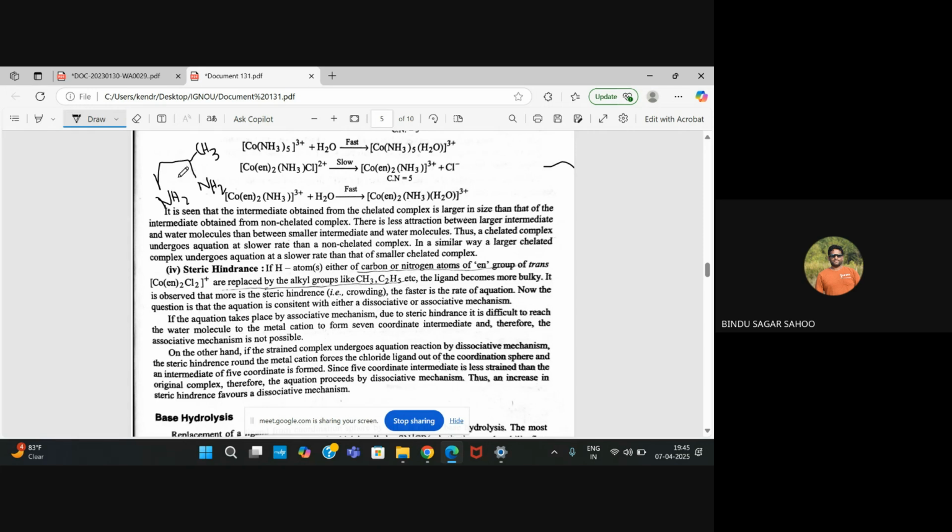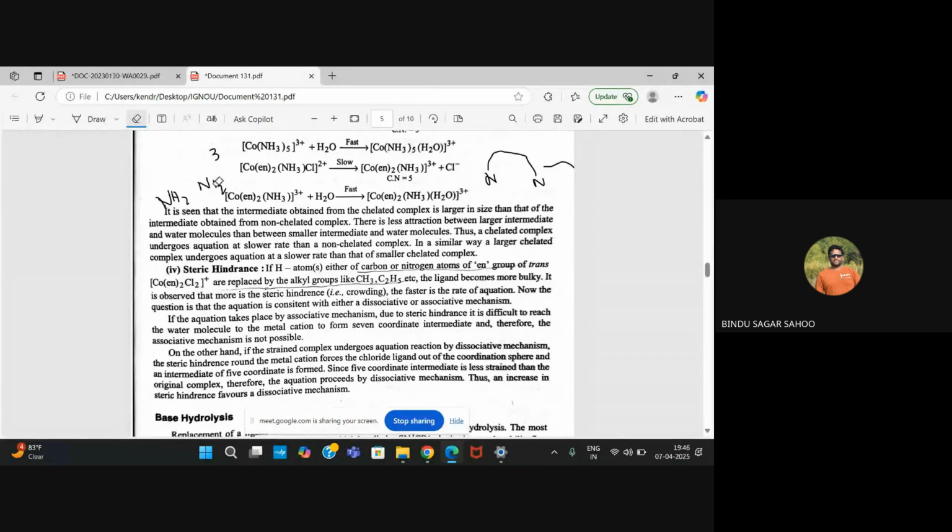If you can compare this ligand and similarly this ligand, similarly you can write here NH2, NH2. Out of these two ligands, if in one complex this ligand is present or in another complex this ligand is present, then the rate of aquation will be faster due to the presence of this steric group, because the steric groups will repel the negative leaving group ligands from the complex more easily. So the presence of the steric groups